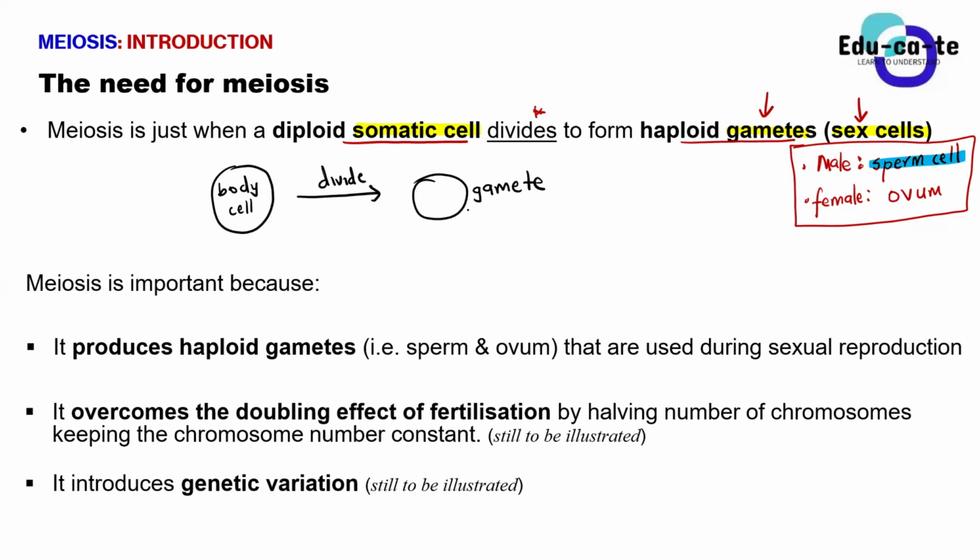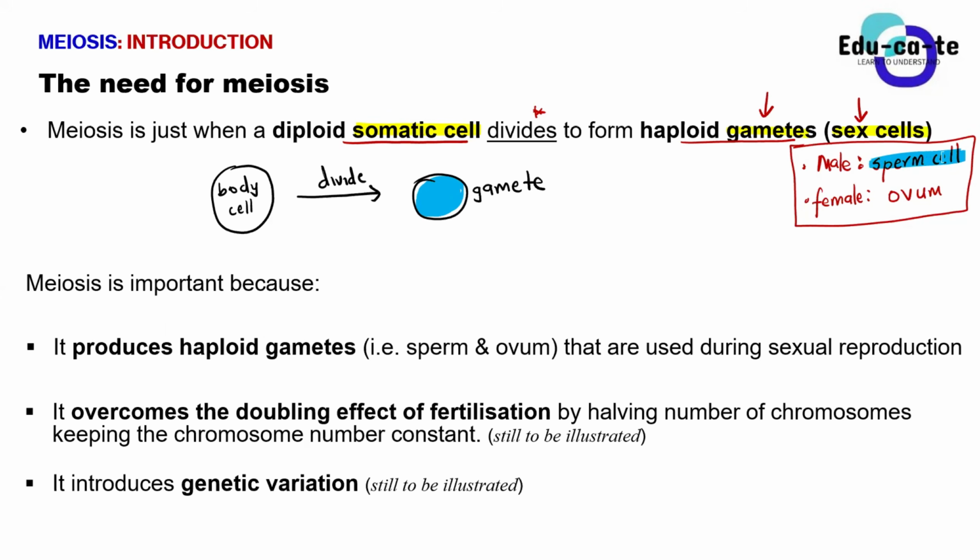Are the sperm cells. So basically, in other words, what I'm trying to say is that meiosis is simply the process whereby the somatic cell, guys, remember somatic cell, I told you that a somatic cell is a body cell, right? Did you guys remember that somatic cell and body cell is the same thing, right? Yes. So basically your somatic cells or your body cells, they undergo meiosis. In simple terms, it means that they divide. And when they divide, they will form what? They will form gametes.